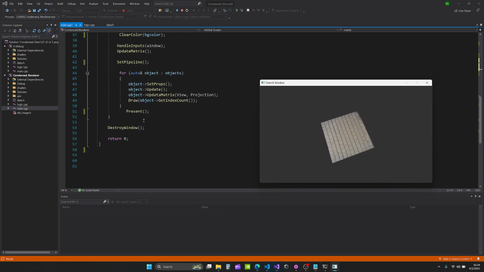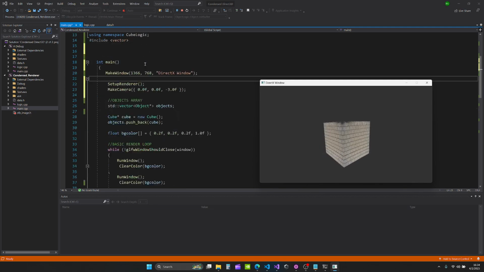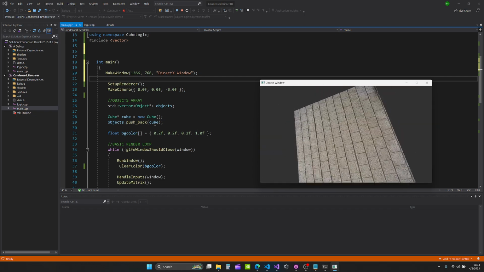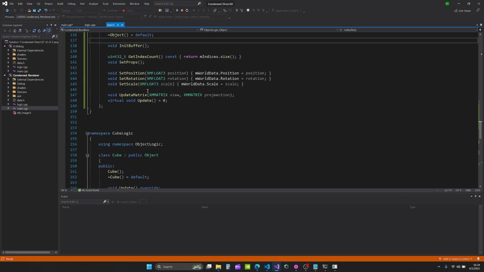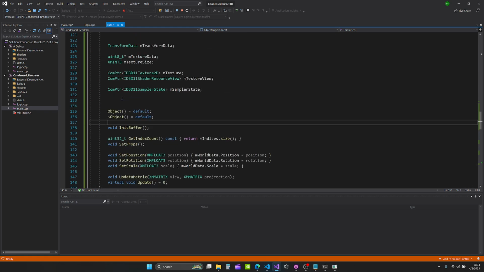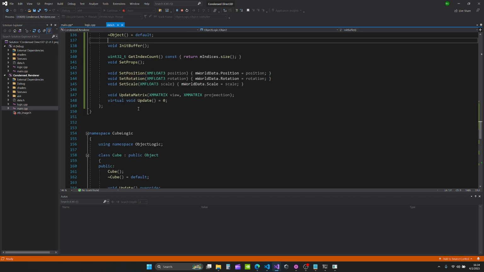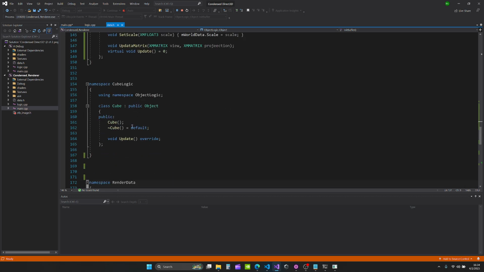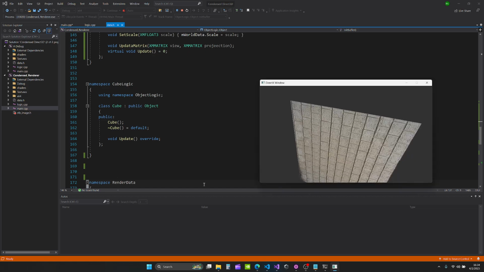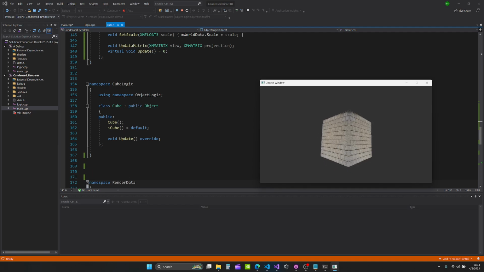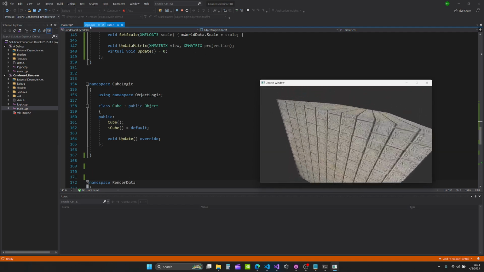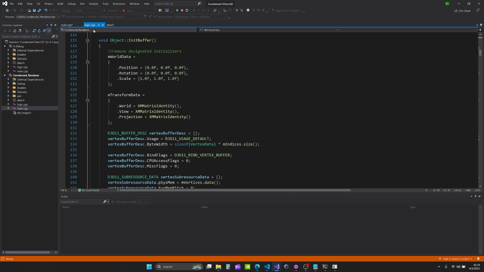So now that the code has finally been removed of that issue for the most part, the only thing really here that is object-oriented is this cube type, which inherits from the object type, but since the object is a struct and the cube just takes that code, that would be resolved later. But for now, the intention going forward is to implement some features such as loading 3D models and